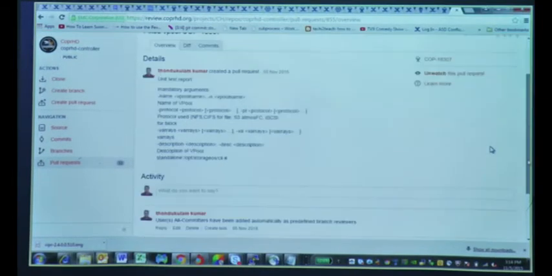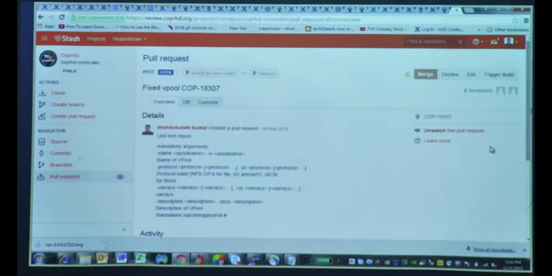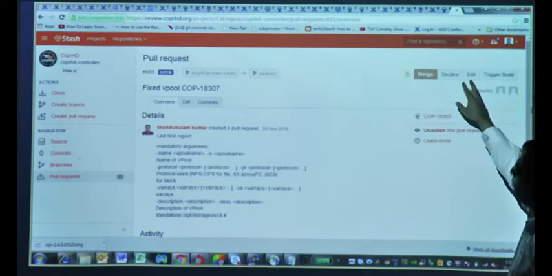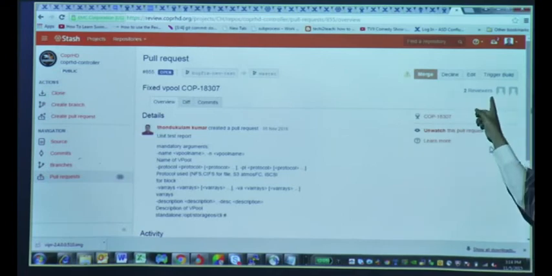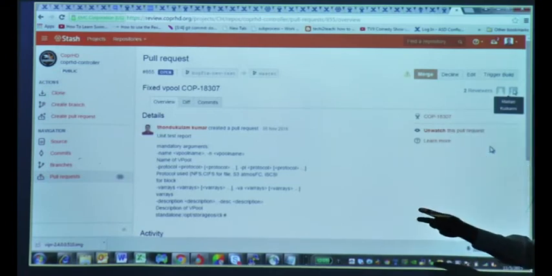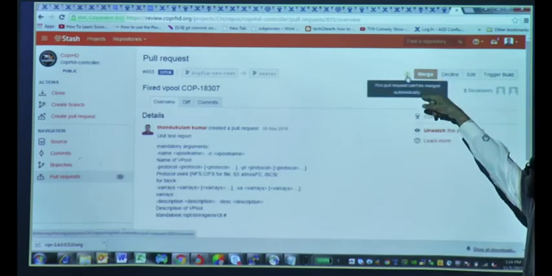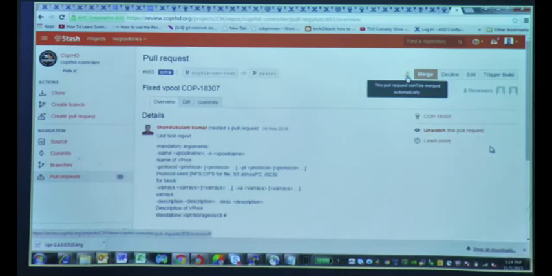After that, some core members of this group, including you, some of you can be core members, will be reviewing your changes, and once everybody says they are okay with it, they give an approval. You will get the approvals. Two approvals minimum are needed to merge your code into the main. Once that approval is ready, this merge button will be automatically enabled for you. You merge it, and your code goes into